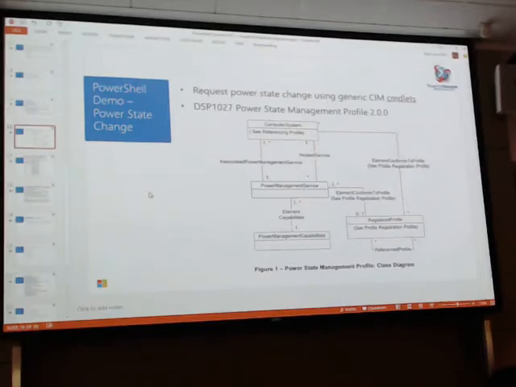One common operation that you would do against hardware is power on and power off. So here in this UML diagram, this comes from the power state management profile, and the way we're going to do this is, again, we have the computer system instance. But if you look on the lower right, we start from, again, the registered profile. We're going to find the registered profile instance that is for power state management. We're going to traverse from there and get the associated instance for the power management service. One thing that I didn't mention is that for all these classes, they leave off the CIM underscore in the front just to make it easier to read.